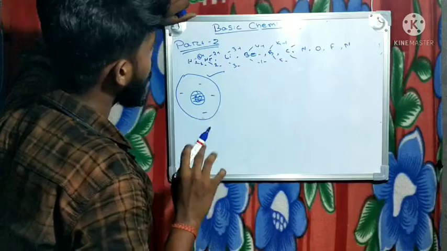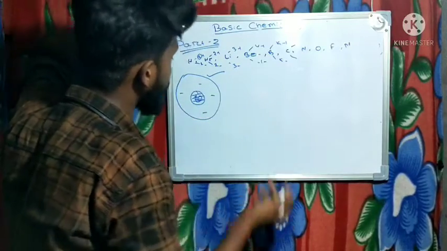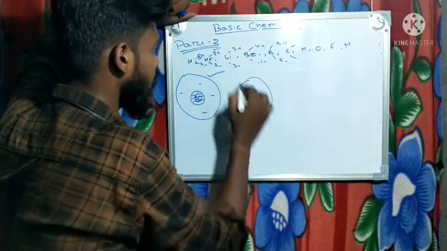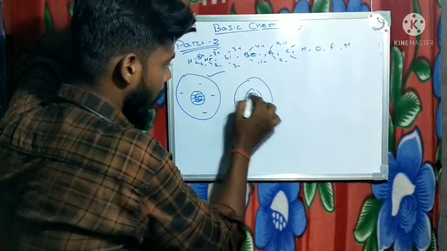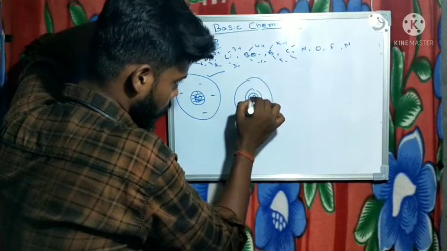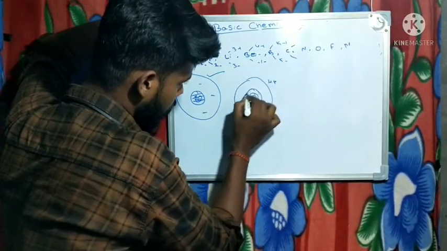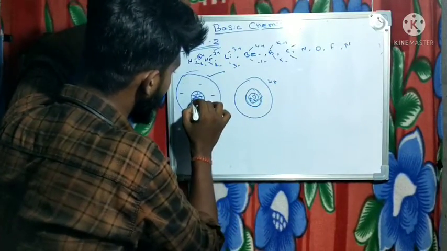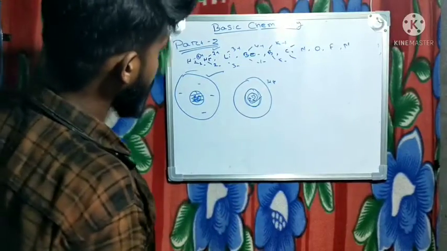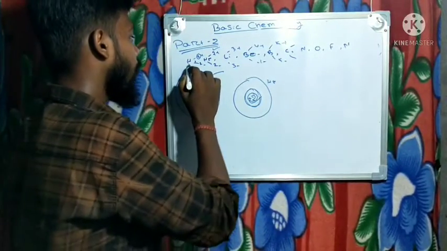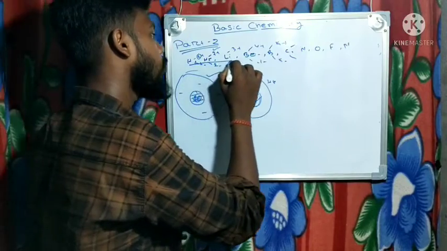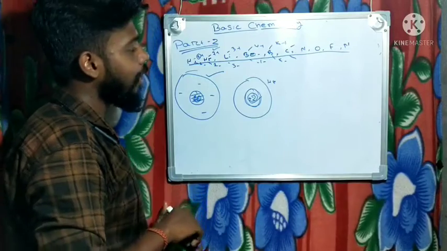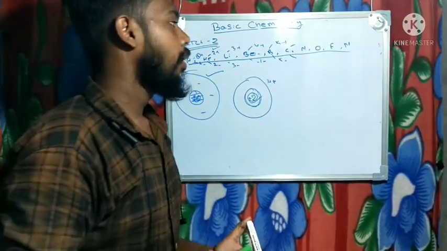two positive. Then tell me one thing, which has the greater nucleus or greater mass? It should be helium, because 2 means this is the proton, and the mass of helium is totally dependent upon the nucleus, and the nucleus contains 2 protons, and here our hydrogen contains 1 proton. Then the one having the greater mass should be helium. So our atomic mass is also arranged by this formula, and this is clearly described in our periodic table.